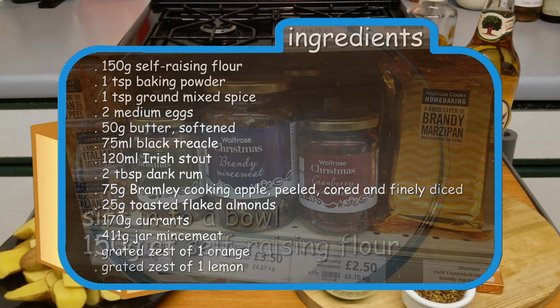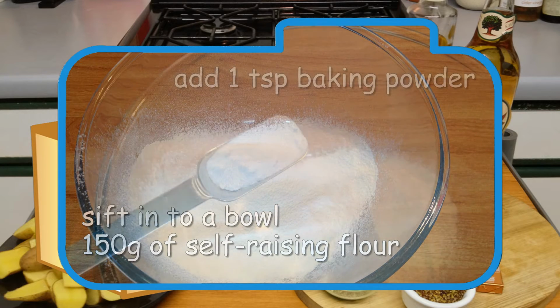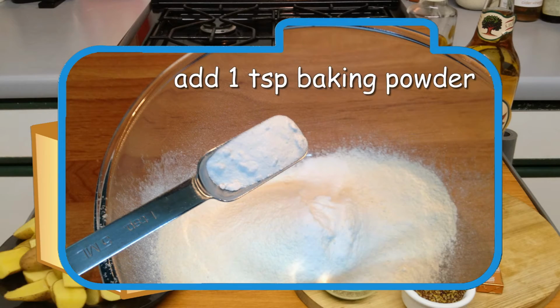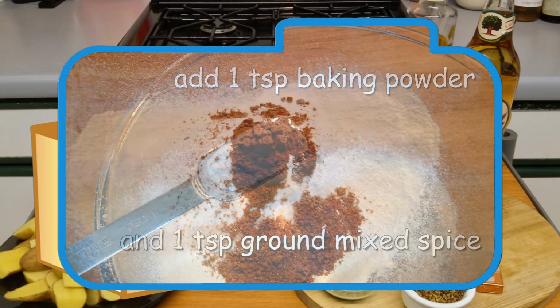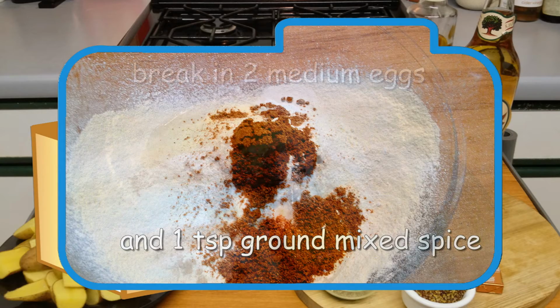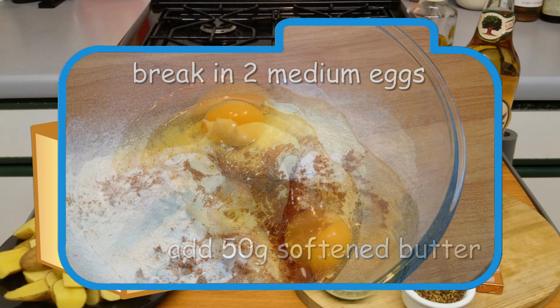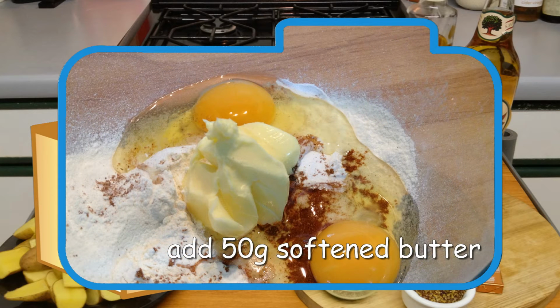Now to start the pudding, sift into the bowl the 150 grams of self-raising flour. To this add the 1 teaspoon of baking powder and 1 teaspoon of ground mixed spice. Now break in the 2 medium eggs. The eggs I'm using are from our chickens, and you can see the nice dark yolks they have. Add the 50 grams of softened butter to this mixture and then leave it to one side while we prepare